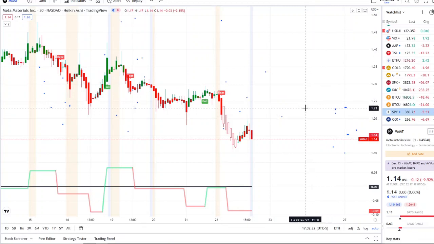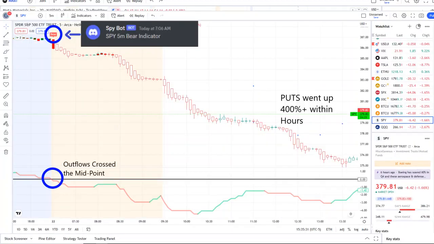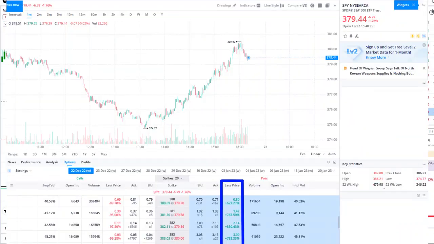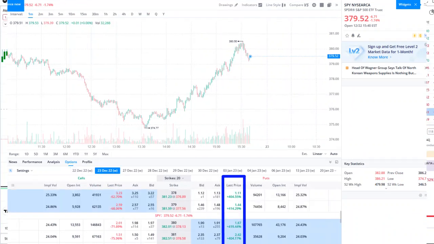And as I've shared in other videos, and I've stated in previous videos, volatility here, and this is just my opinion and perspective alone, not financial advice as well, volatility here is going to continue. It's not going anywhere from what I'm seeing. And within the volatility, there's opportunities to learn and grow every single day. Like today, our SPY bot, since early on in the morning, it sent out a bear indicator at 7:05, 7:06 a.m. And from that moment forward, those outflows crossed, pure weakness into the bell and after the bell. And as you could see there, the put options went up 400% plus and some even higher within the options chain.